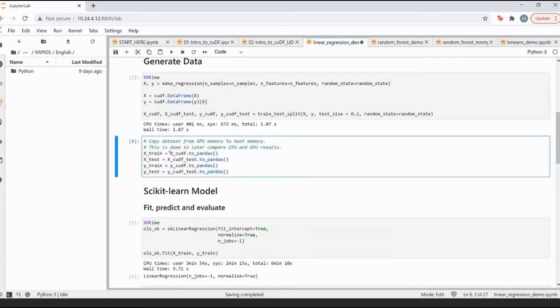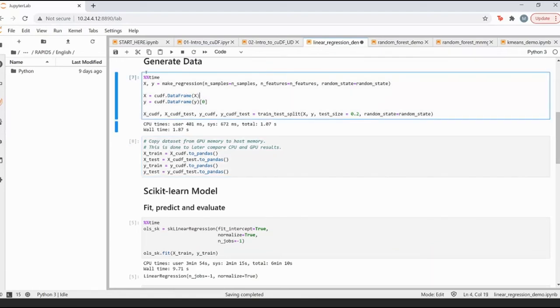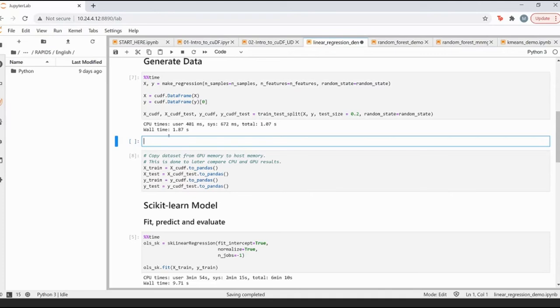Now what I've done is I've built the cuDF data frame. So let me first show you X_cudf. There are too many, so I'm just going to say head.